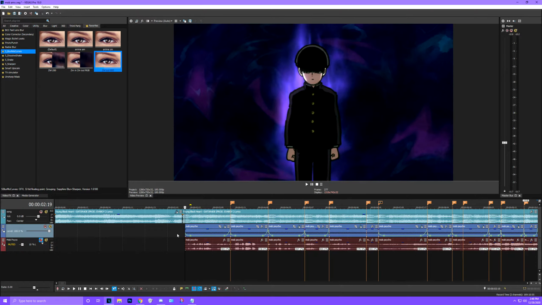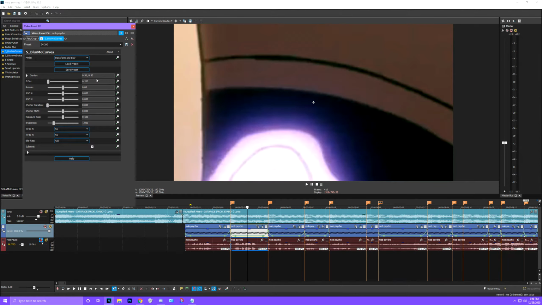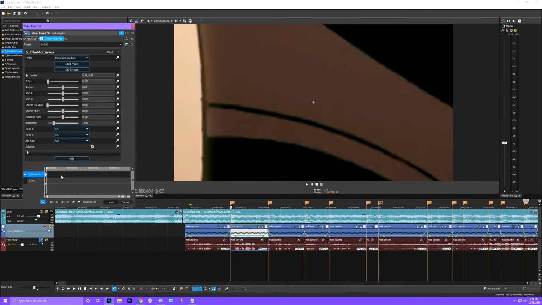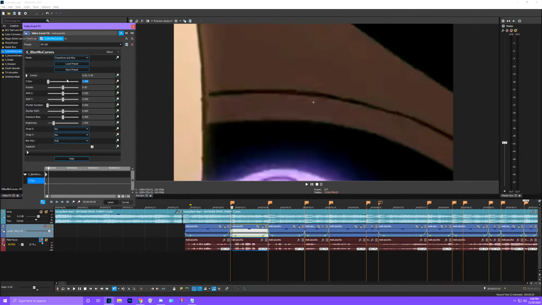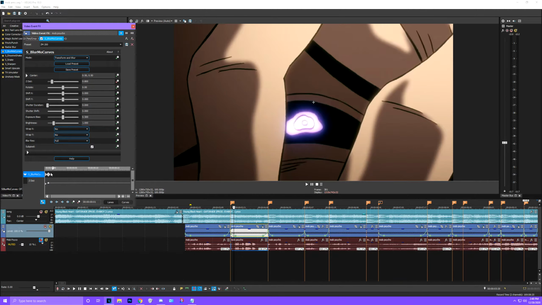Alright, once you're done with the zoom outs, you're going to want to do zoom ins next. So go to here, hit the zoom in, copy this down real quick, go to the timeline. First, 1, 2, 3 frames ahead. I want to change it to 0.800, and then 1, 2, 3, 4 frames. You're going to want to change this to